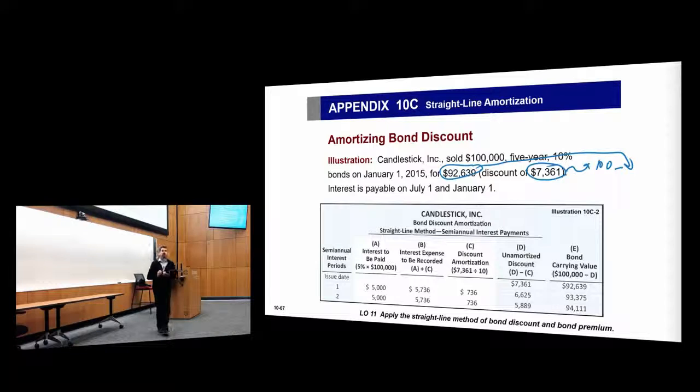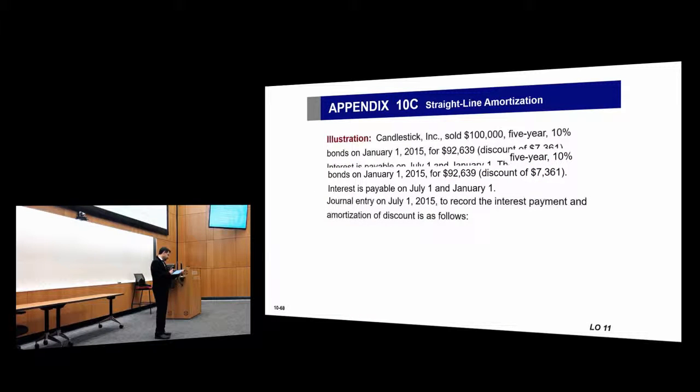Interest is payable on July 1st and January 1st. We have a bond discount of 7,361. It has a 5-year life, so 10 interest payments. Okay? We divide the bond discount by 10. In this case, it would be 736 for every payment. Now, the interest that the company will actually pay, the interest that is actually to be paid,